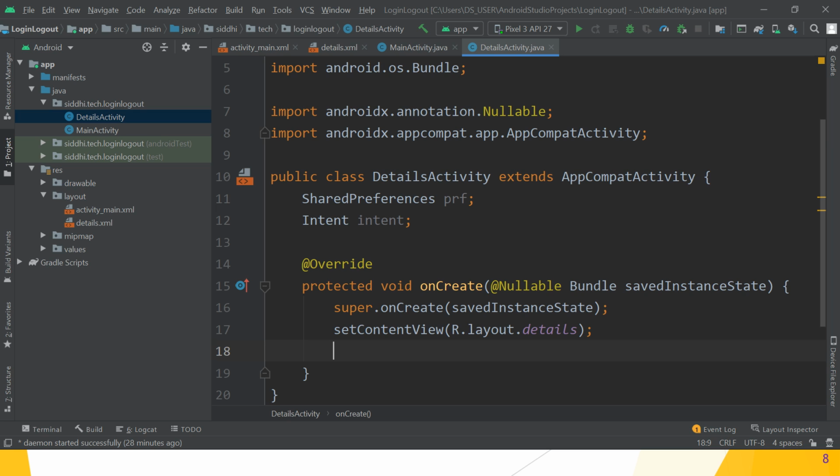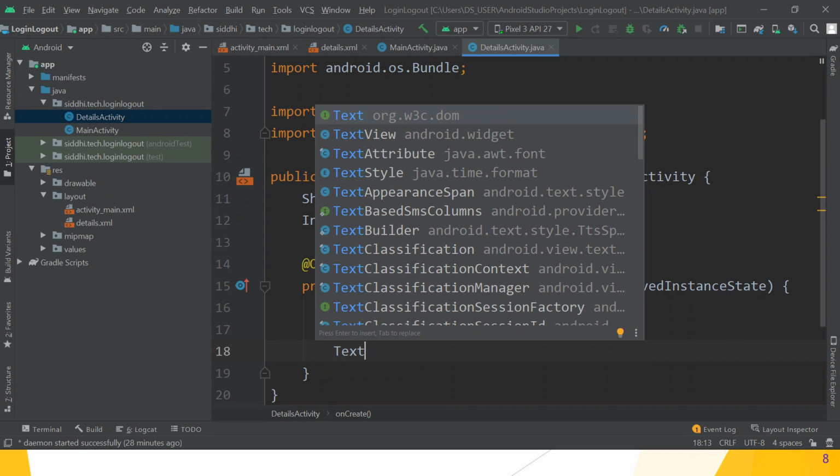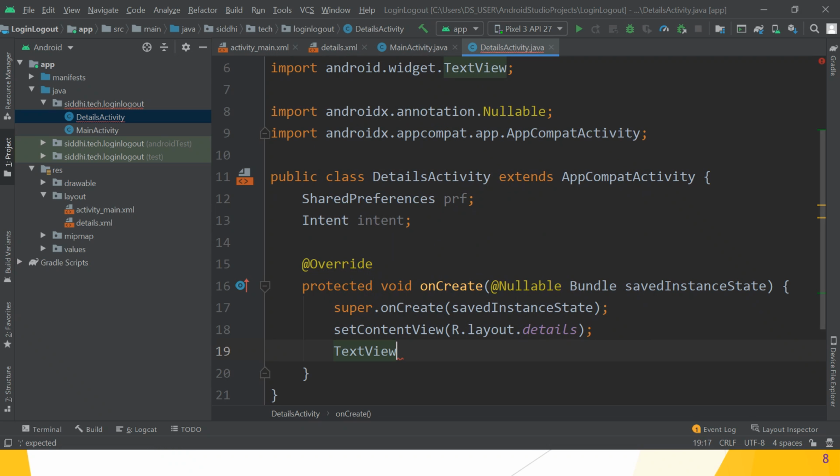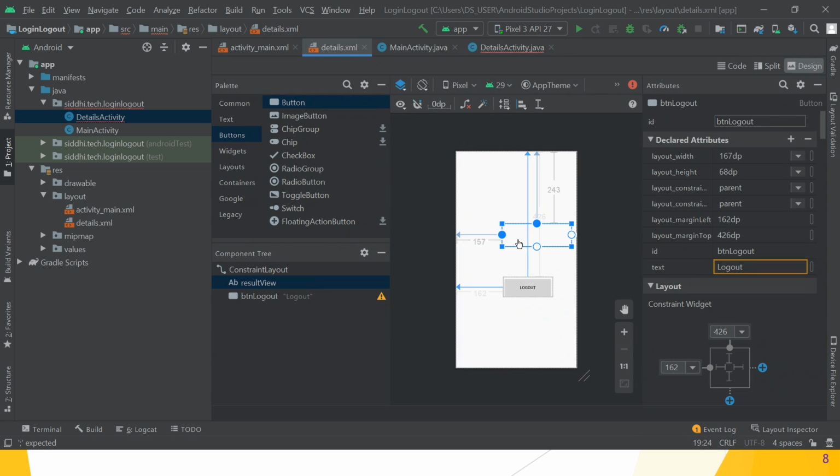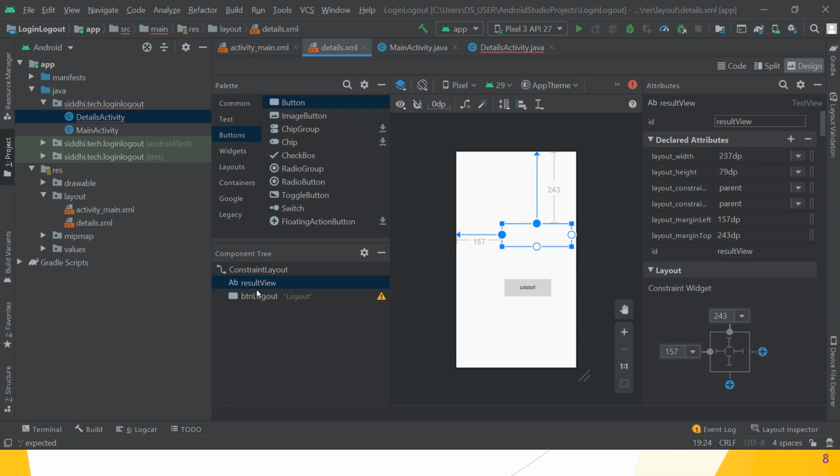Great. After that, TextView result. Guys, the result view we have taken in details, what is it? It is a text view.